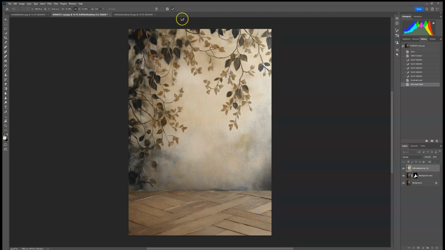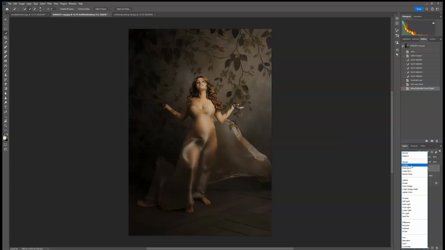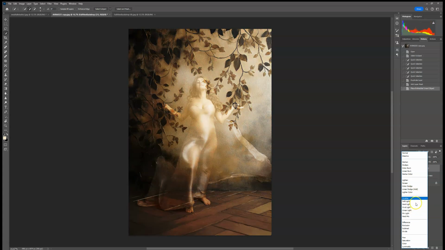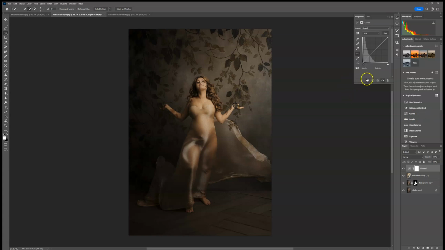Resize here. And now play around with my different blending modes. I think I'm going to use multiply. And then I want to bring up the brightness of that real quick. So I'm just going to put an adjustment layer. I'm going to use a curves adjustment layer. And I'm going to click this right here to create a clipping mask so it's only applied to the backdrop there. And I'm just going to play around